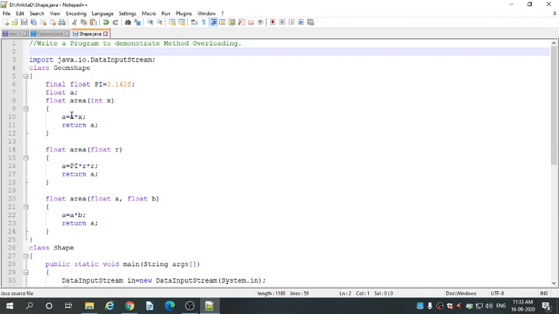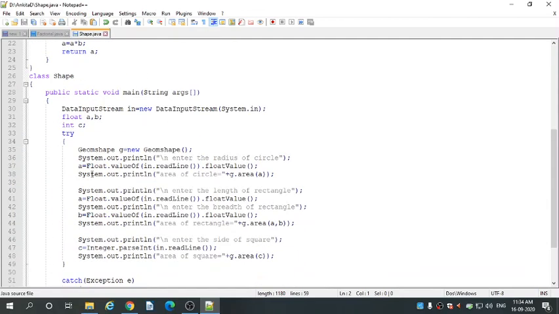So what is final, and when are we going to use this word? Final is a keyword and it is used when the variable value is fixed throughout the class. It doesn't change. Okay. Then comes float a. Then these are methods.